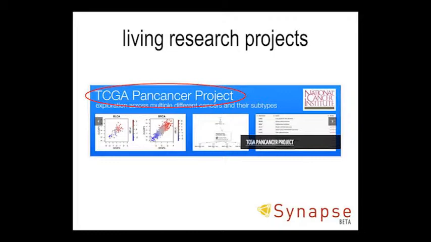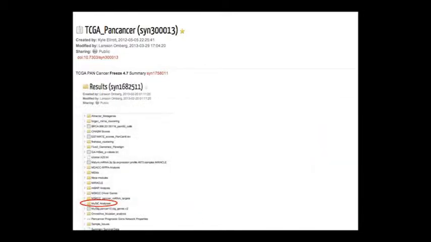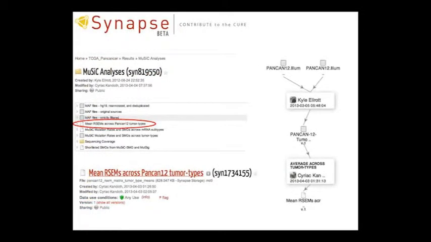And the groups that are working on it are now all working on Synapse, so you can click on that, you can go in, you can look at the core projects, any tumor type, and here it's curated and annotated, so you can get to it other than through an Excel sheet. You can go in and take a particular thing that you want to look at, like these analyses. You can click on that, you can go in and ask who's doing what.